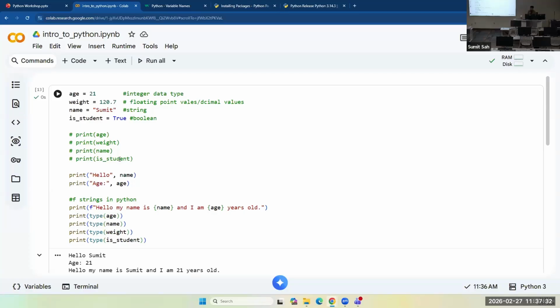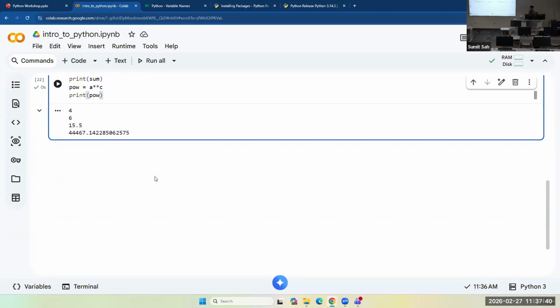So in Python, you could store a list of values in a variable. And even when working with data, we will import the data and store it in some variable, and you use that variable every time to do data analysis.